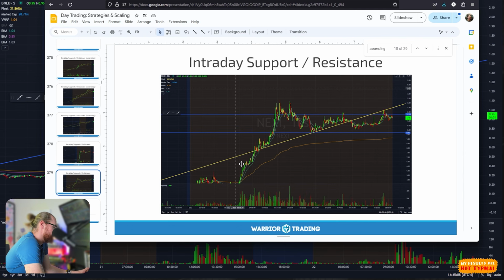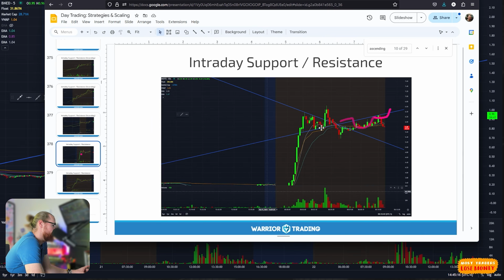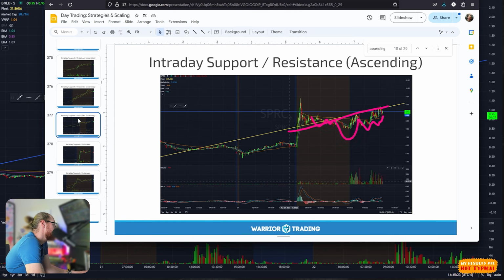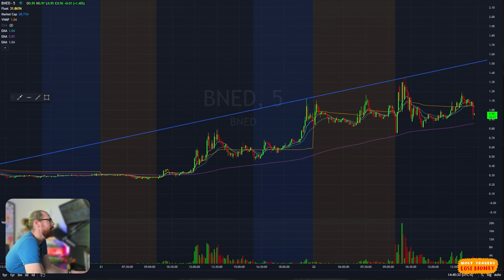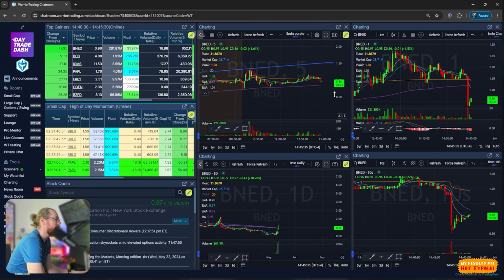This is a nice example here where you've got support, it turns into resistance. Again here, another example, support, resistance. So that's a really good one. This is another decent one here, support. Oh, maybe we just already looked at that. But anyways, they're just similar. But once you start to recognize that, it's going to help you in your trading because it's